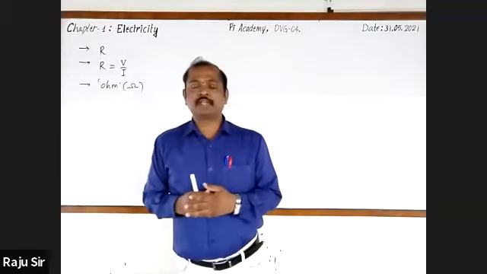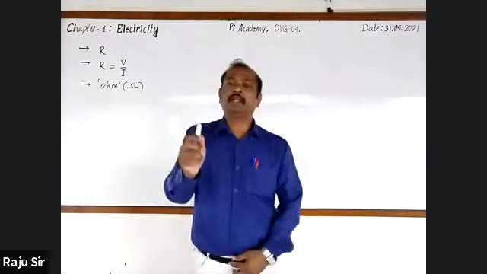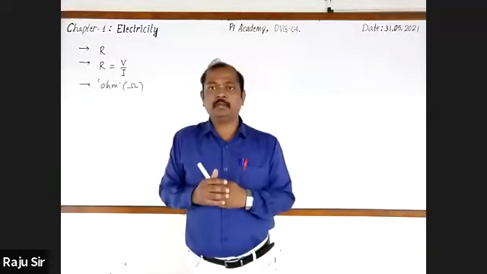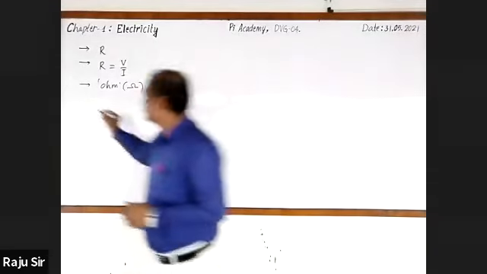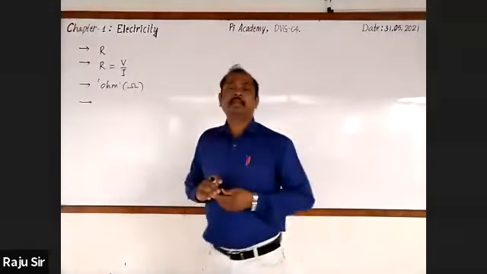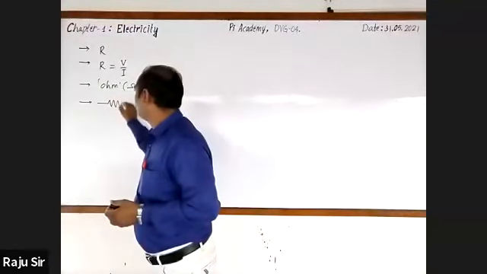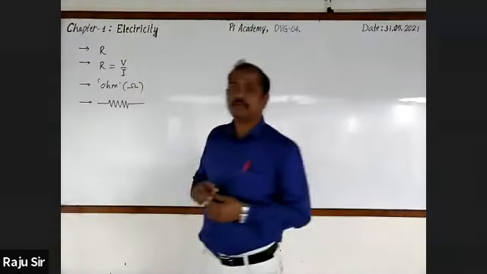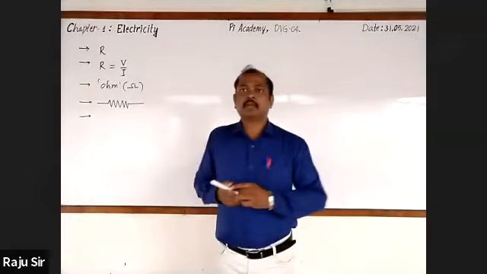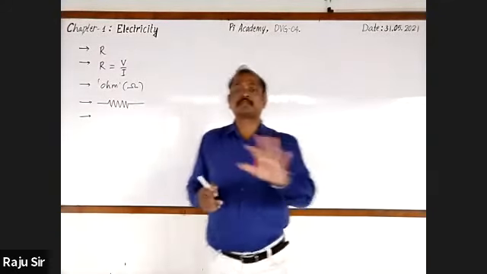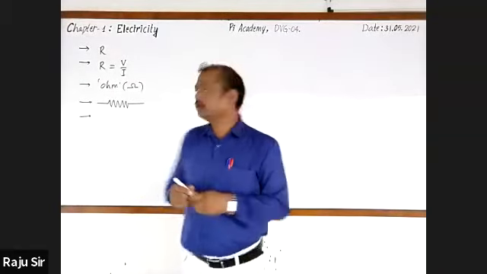We have a culture in science that to honor our scientists, we take part of their name as the unit of some physical quantities. We also know the circuit symbol for an electric resistor, and we draw zigzag lines like this. This electric resistance, the property of the conductor which opposes the flow of electrons, depends on some factors. If you want to recall these factors,